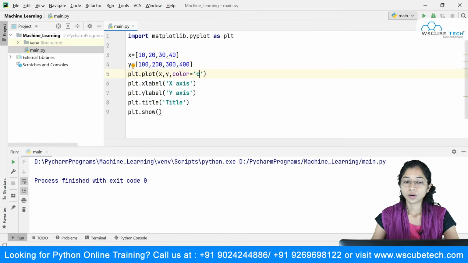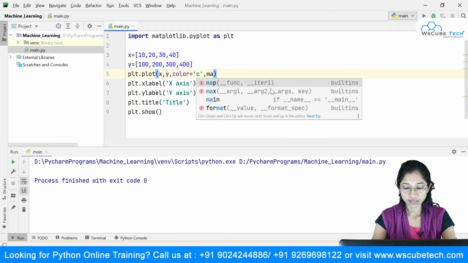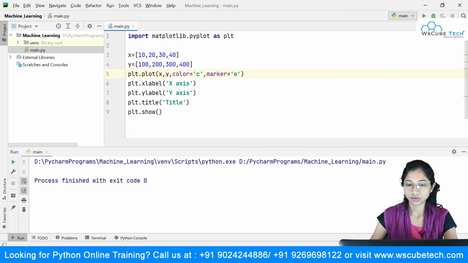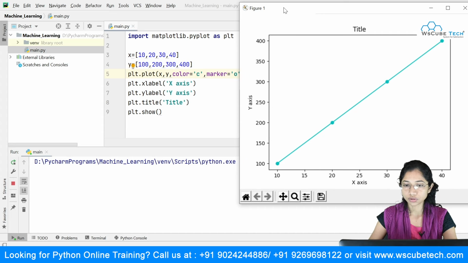More to this, I want to introduce you guys to the markers we have inside matplotlib. So what I will simply do is say marker, and inside this I will say that I want a marker as a ring, which is nothing but my circle. If I run this, you can see those points.